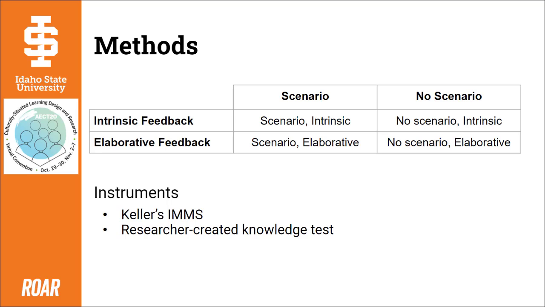Each instrument was administered to the subjects at three times. The first was a pretest for both motivation and content knowledge. There was an immediate post-test where the motivation instrument was given immediately after going through the learning materials, followed by the content knowledge post-test. Then, approximately 2.5 weeks later, both the motivation and the content instrument were given again, thus providing us with our repeated measures: a pretest, an immediate post-test, and a delayed post-test.